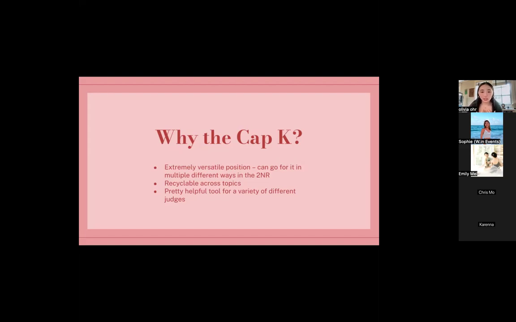As personally a policy debater who primarily just goes for stuff like disads and counterplans, I think most policy judges, if they're familiar with one critique, it would probably be CAP. And I think you can go for it very much like a counterplan and disad. And I think also if you are a policy debater and have a more K-leaning judge, then I think CAP is really helpful.